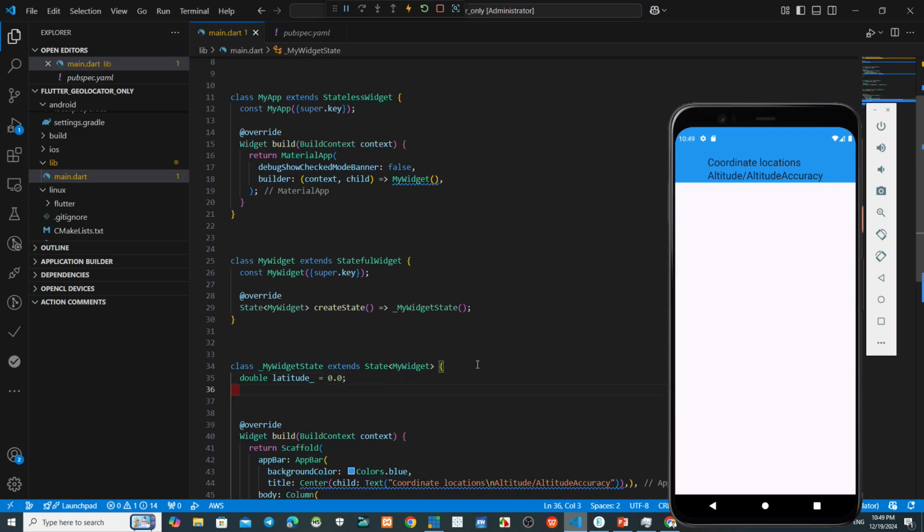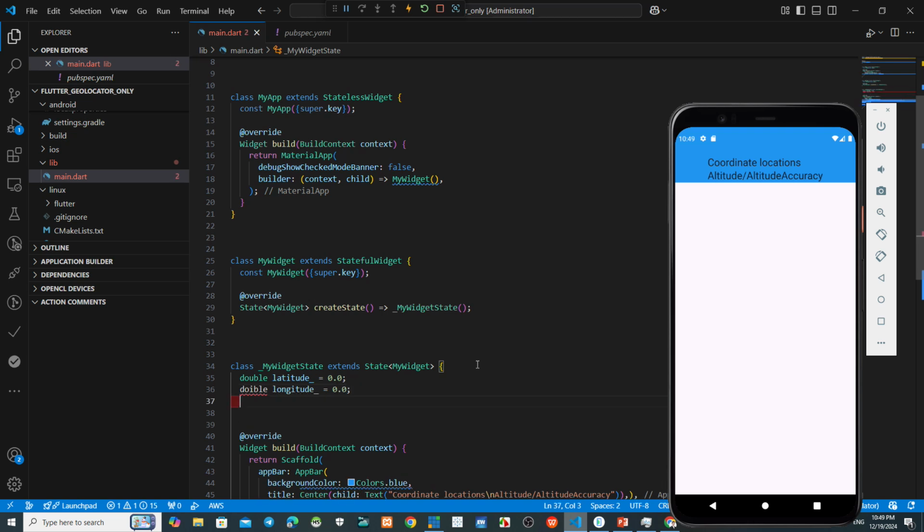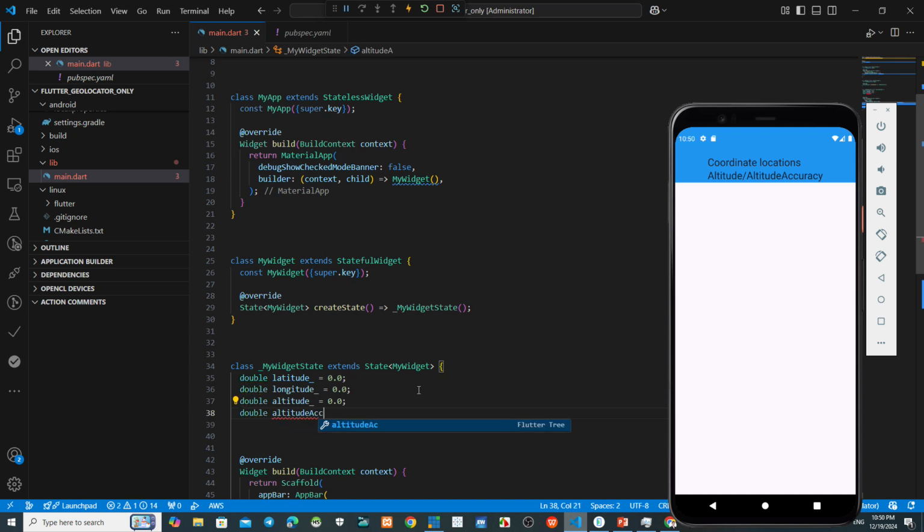Okay, and then double longitude underscore equals 0.0, and after that double altitude underscore equals 0.0, and the last one double altitude accuracy underscore equals 0.0.